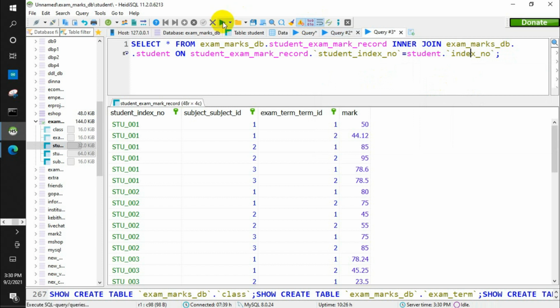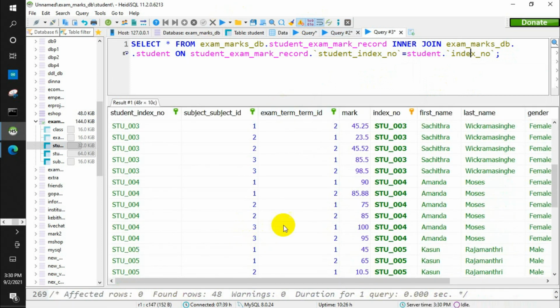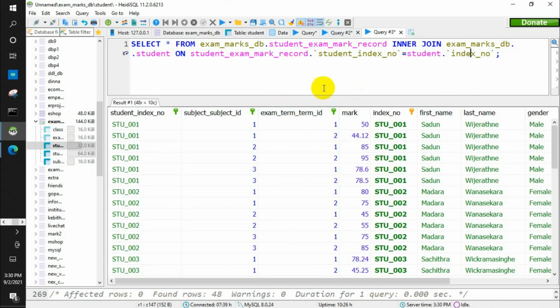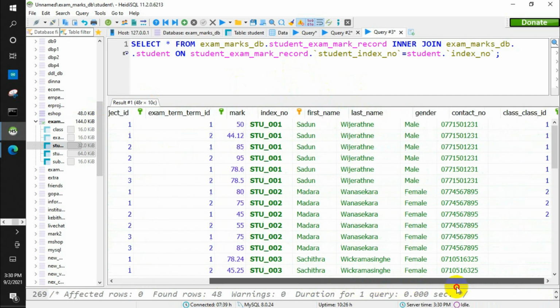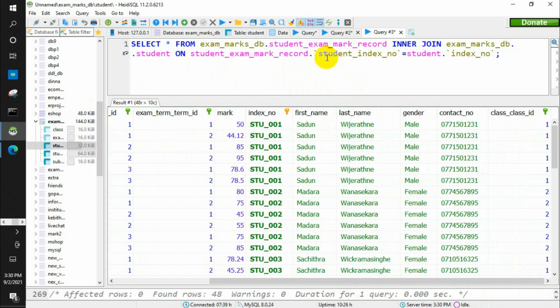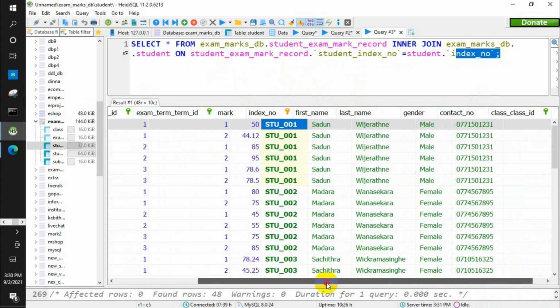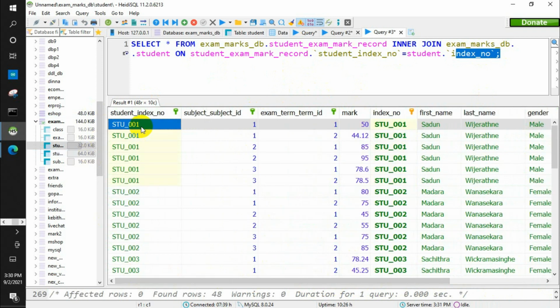So now once I run this query, we have a connected table. As you can see, this is the record table and this is the student table. We have both of them connected using this condition. The student index number is equal to the index number.